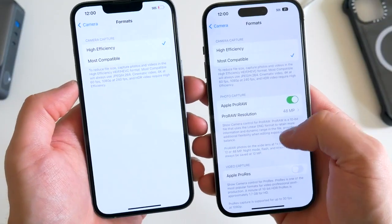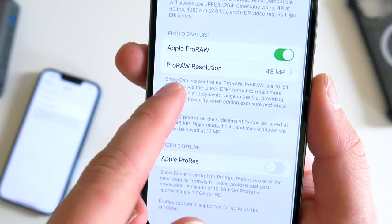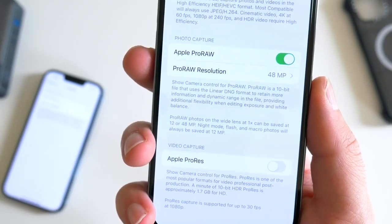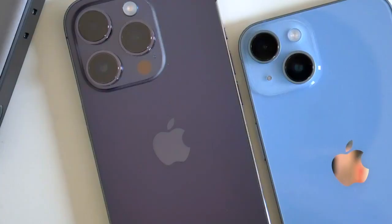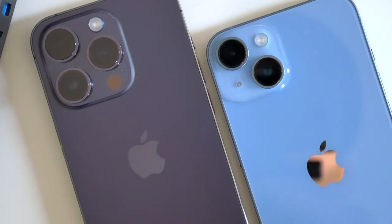That new 48 megapixel lens on the Pro does unlock some additional features, like Apple's new super detailed Pro RAW shooting mode, which I'll touch on, though honestly, I don't know that the average everyday person would be shooting in that mode very often. As for the secondary lenses, both phones have similar 12 megapixel ultra-wide shooters, but they aren't